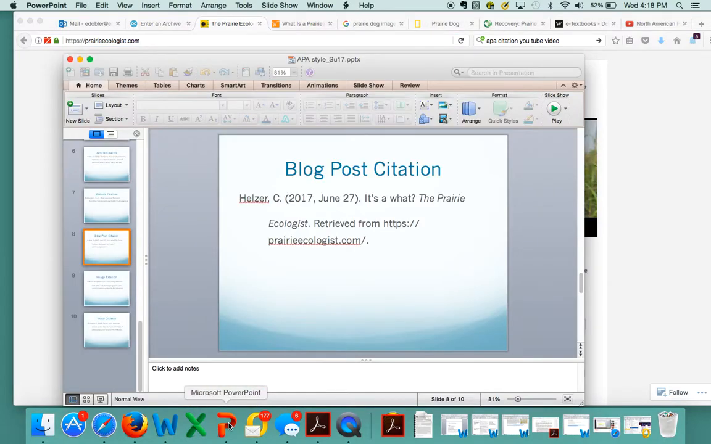So I go back to my reference list. I list the author's last name, initial. Notice how I wrote the date for a blog post. This is the format that you'll use for anything that is published regularly. So it could be a newspaper article, magazine article, blog post, and the year is first, comma, month, date, and